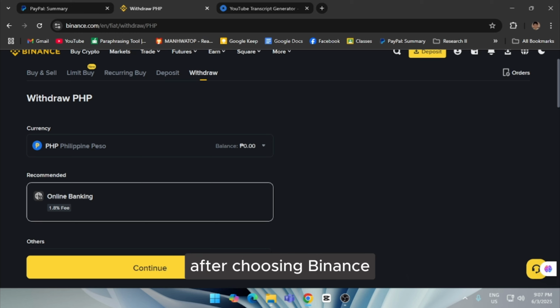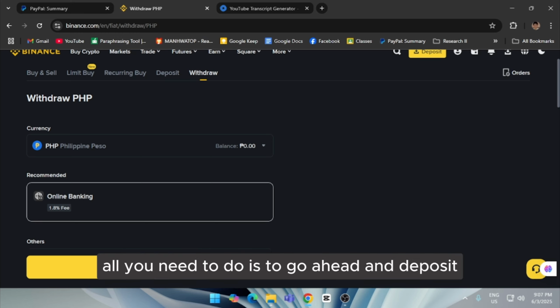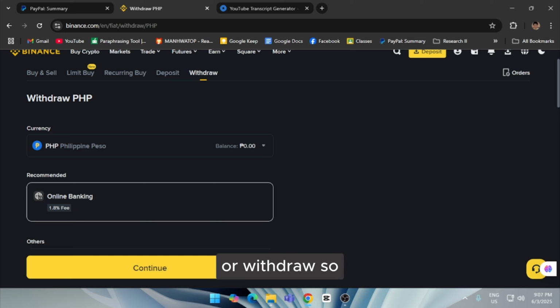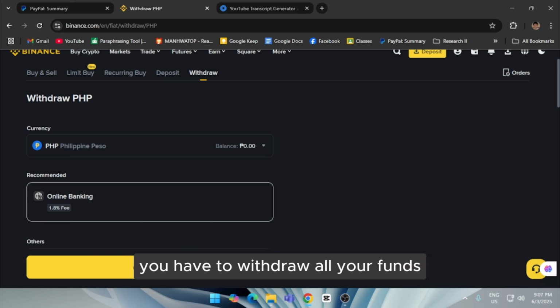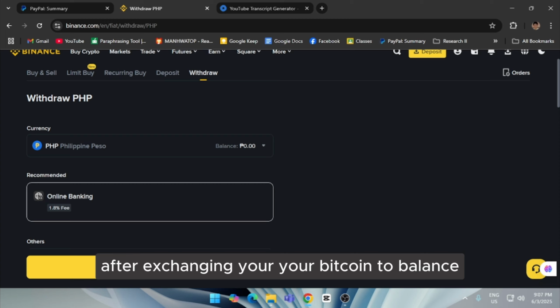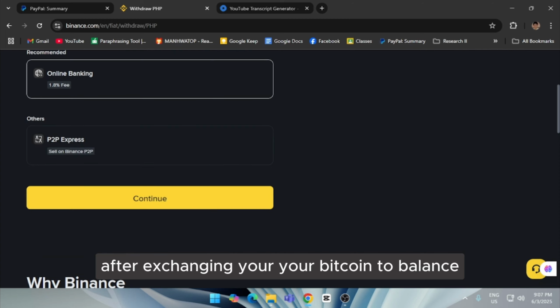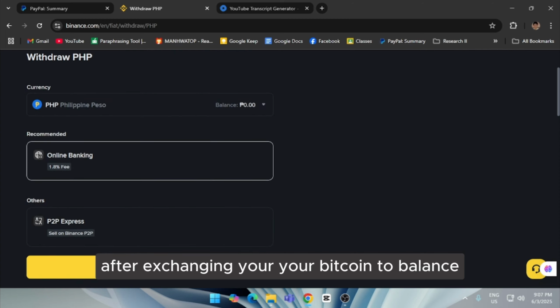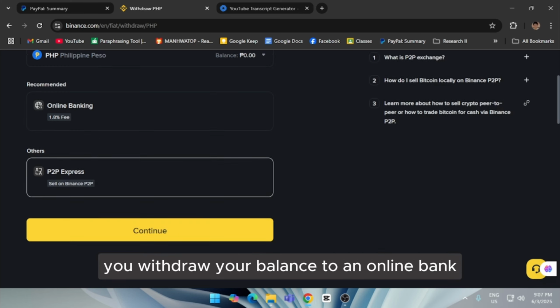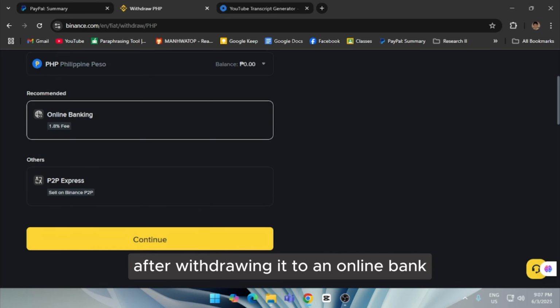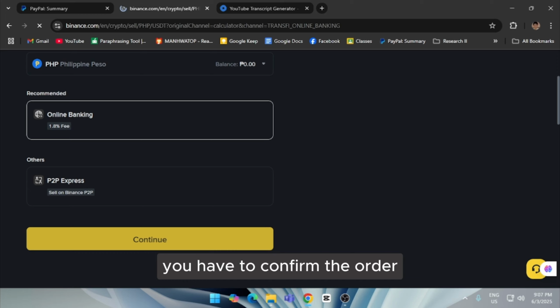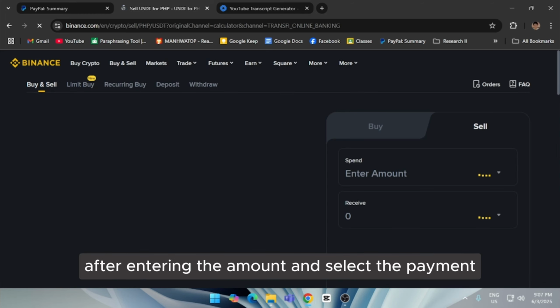After choosing Binance, all you need to do is to go ahead and deposit or withdraw. So you have to withdraw all your funds after exchanging your Bitcoin to balance. So after that, you withdraw your balance to an online bank. After withdrawing it to an online bank, you have to confirm the order after entering the amount and select the